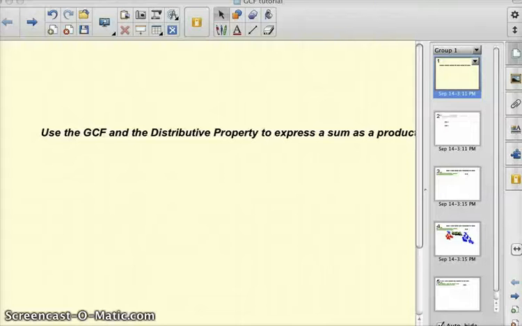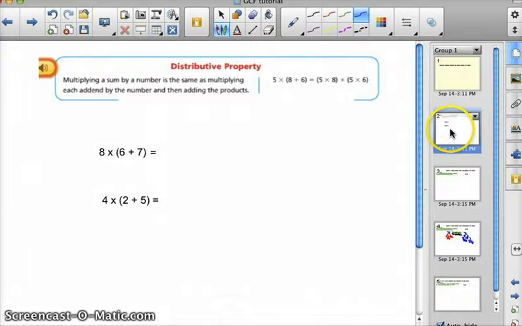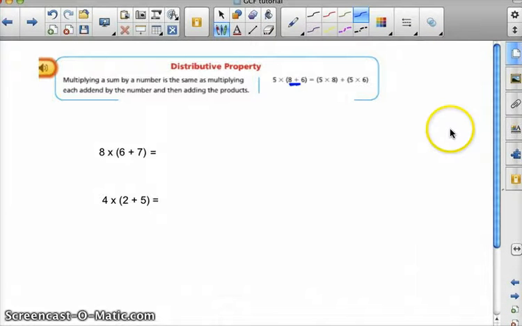Today we're going to talk about using the greatest common factor in the distributive property to express a sum as a product. So first, let's use the distributive property. Let's review it. The distributive property says multiplying a sum by a number. Okay, so a sum is when you add two numbers together. So multiplying a sum by a number is the same as multiplying each add-in by the number and then adding